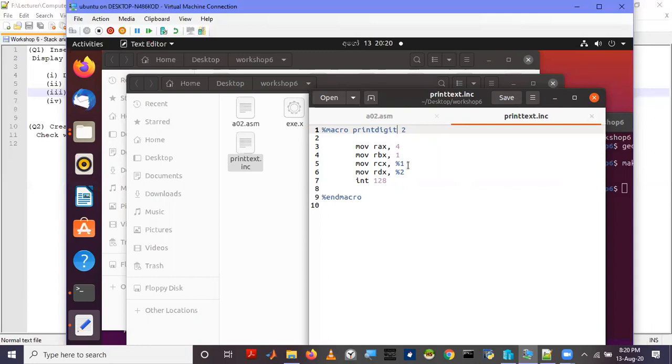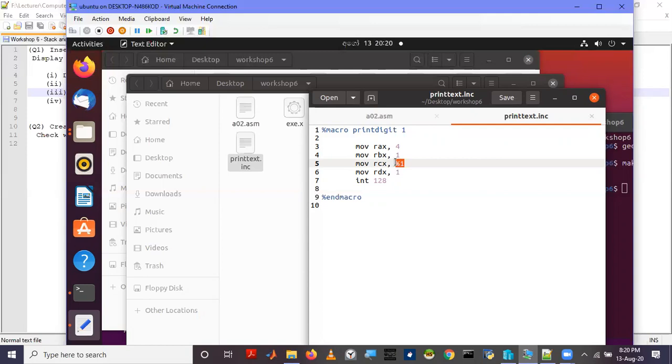The size of a digit is always 1, so we can set the size of the thing that we are printing as 1, and we no longer need 2 arguments, we only need 1 argument. As the argument, we pass the location of the memory which contains this digit.